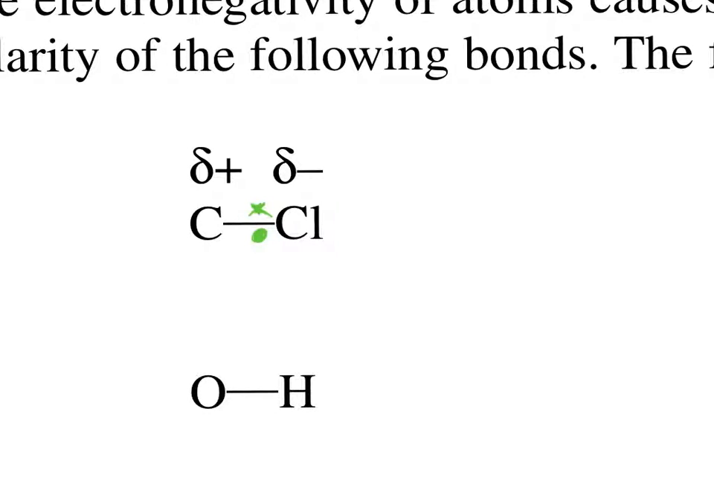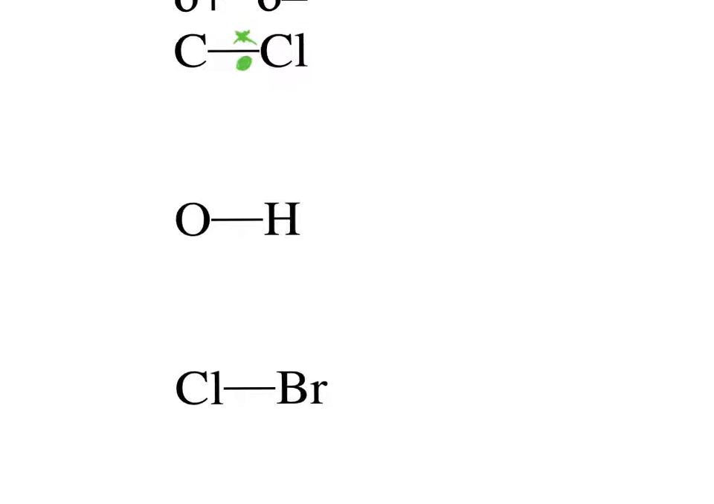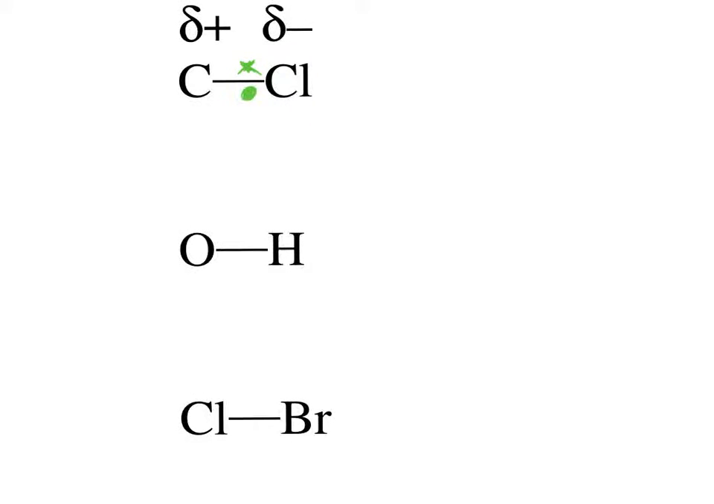Okay, then with oxygen and hydrogen, which has the higher electronegativity? Well, that is oxygen, and so our electrons sit slightly closer to the oxygen. You don't need to draw the electrons in, so that means that it's going to have delta negative, hydrogen is going to be delta positive. Chlorine and bromine,